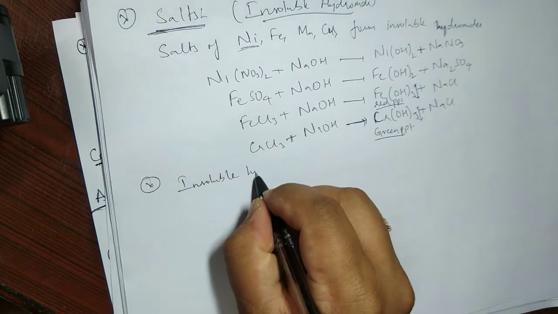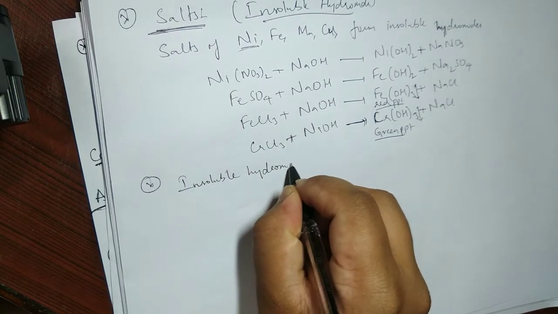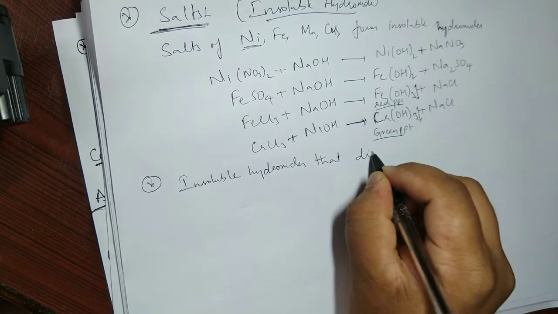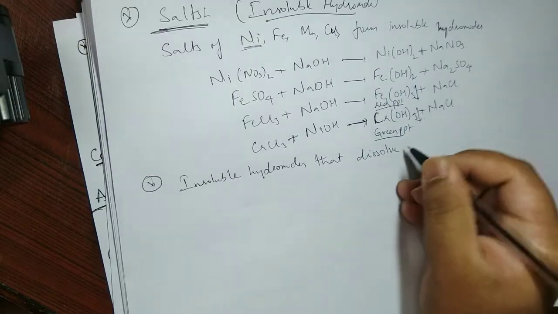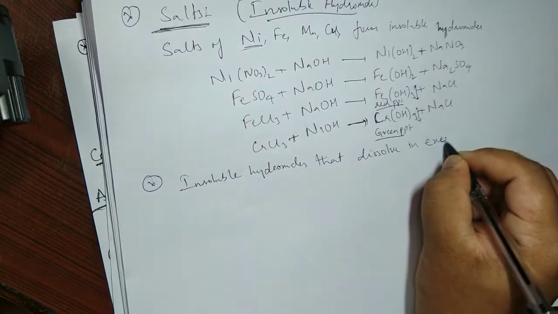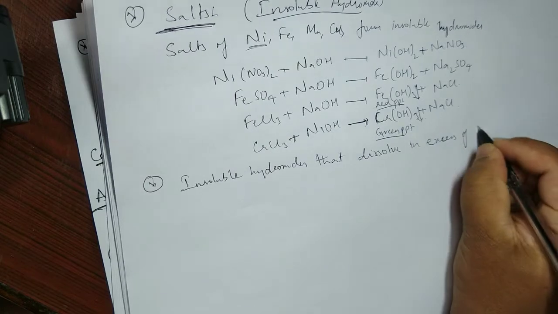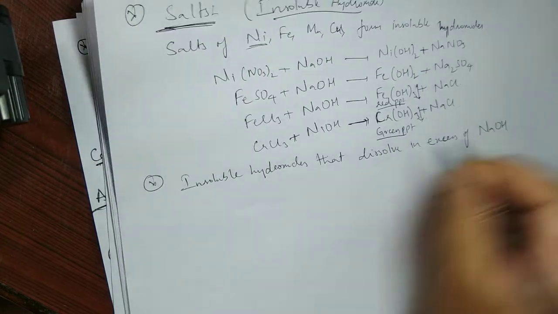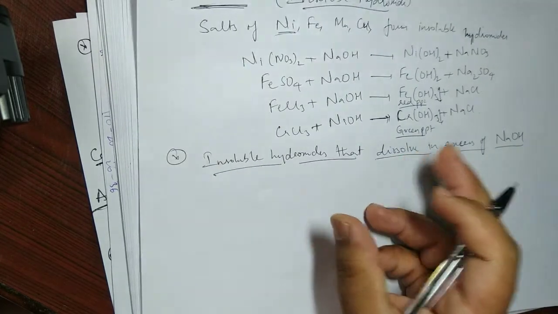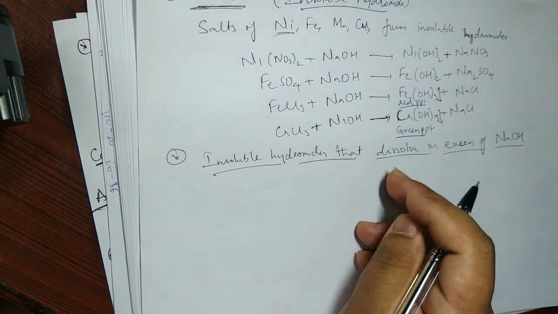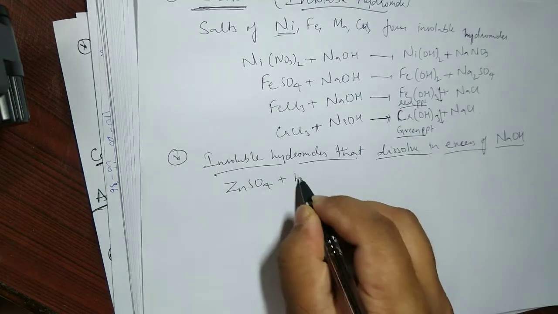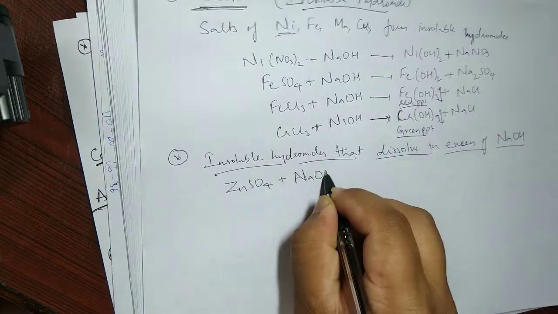Insoluble hydroxides that dissolve in excess of NaOH. If I take more amounts of NaOH, then the insoluble hydroxides form a new compound and get dissolved. For example, I was talking about zinc sulfate plus, sorry, not sulfuric acid, sodium hydroxide,